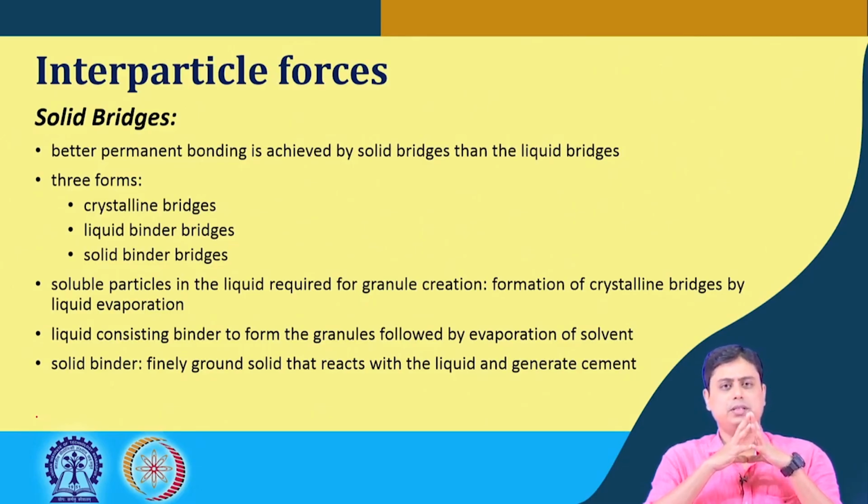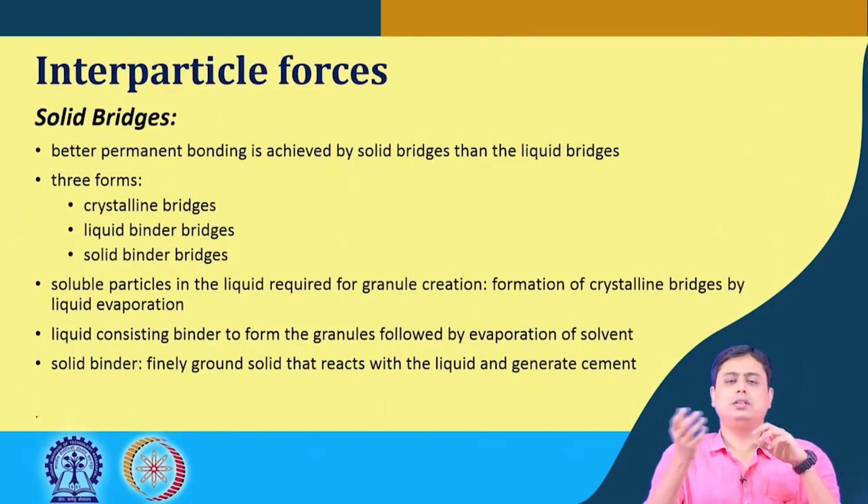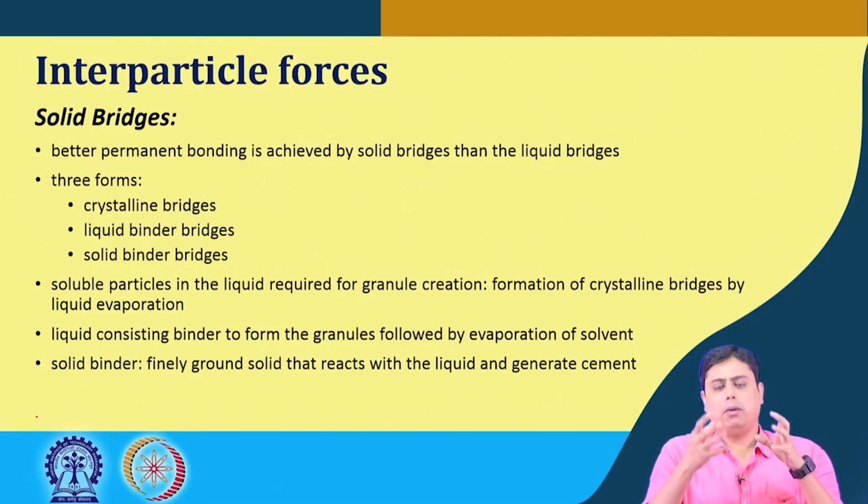We see this kind of bridges in 3 different forms. These are the crystalline bridges, liquid binder bridges and the solid binder bridges. So, say when the particles that will agglomerate to create this size enlargement are soluble in the binder, or say binder itself typically comes in the form of a solution. So, if the particles are also soluble in that binder containing solution, then what can be done is that we can